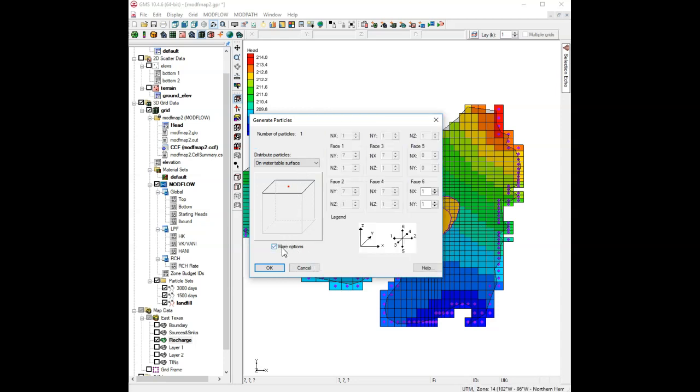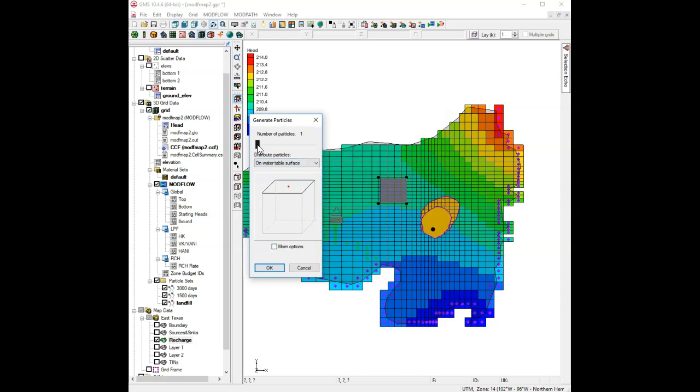Now, if you want to, you can turn on these extra options, and you can distribute the particles any way you want. But the easiest thing, if you do the simple approach, you just drag this bar. That tells you for each individual cell how many particles you want generated. You can do 1 particle per cell if you want, or we can do 4, 16, 9. We're going to do 4 particles per cell in this case, and